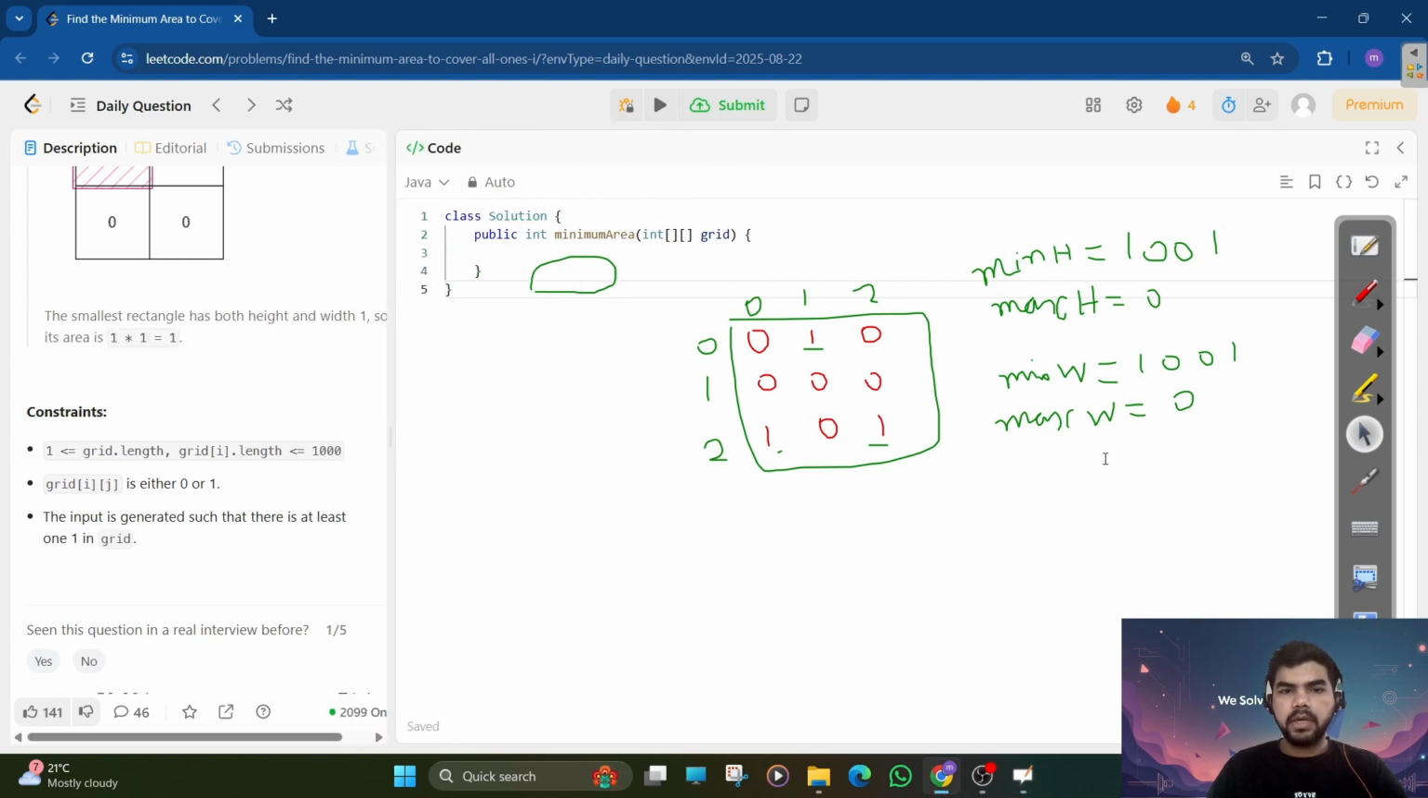So let's expand this. Okay, so let's take this one first. 0 0, index 0 0. So when we get a 0, anything we have to do? No. Okay, we'll move to the next one, that is 0 and 1. So 0 height and 1 width. Okay, so what we'll do, we'll take this 0, and we will add it here. So we'll make this 0,